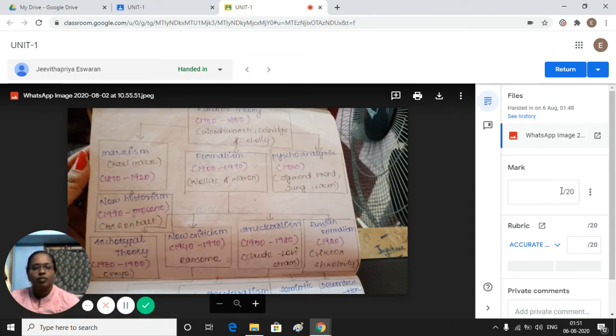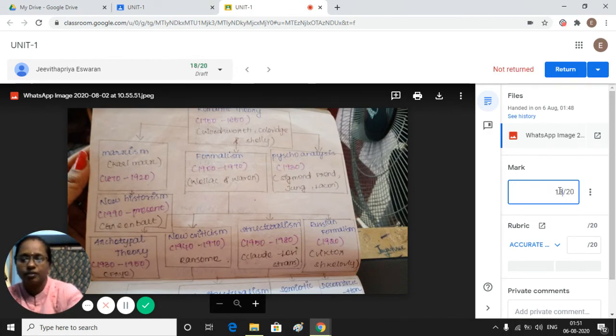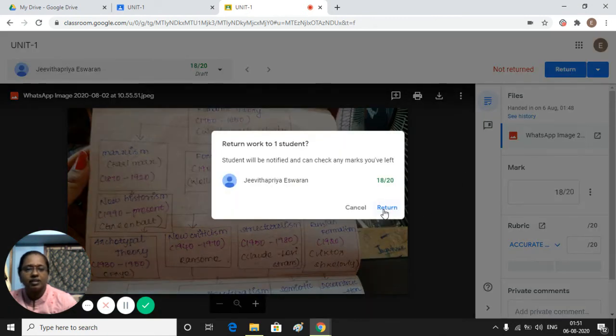You can award marks. If the student has done well, you can give 18 marks. Then click the return button. If you return, the mark will be sent to the students. Click return.